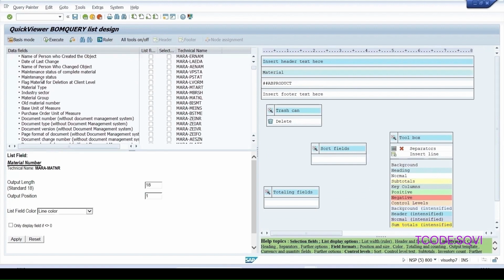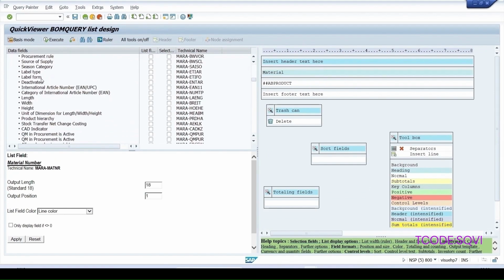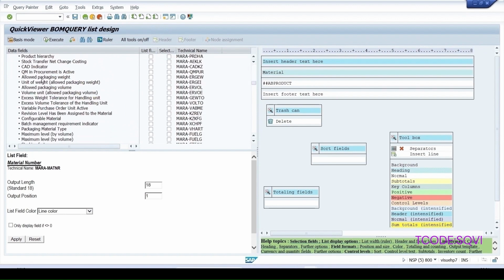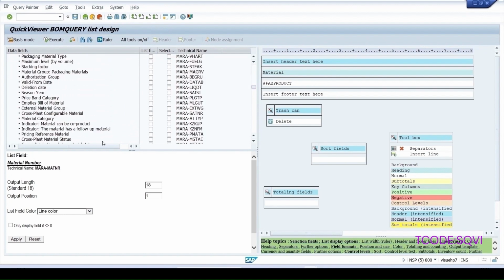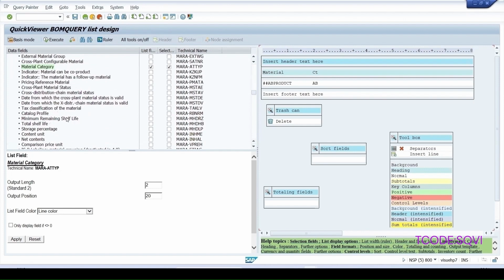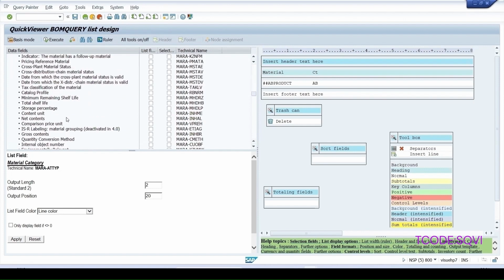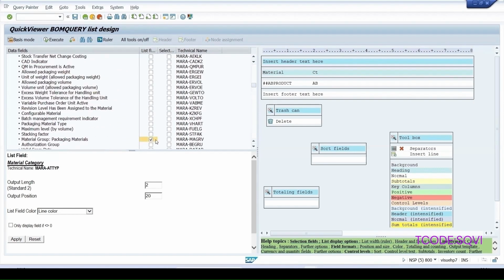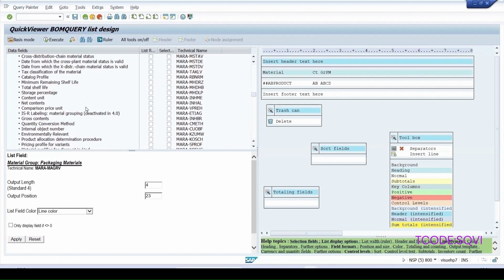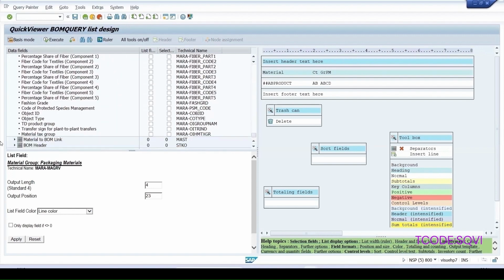I can select whatever fields I want to display. So let me select the material number. Let me select material category. Whatever we select will become green. Okay, so material group packaging. From the next table,